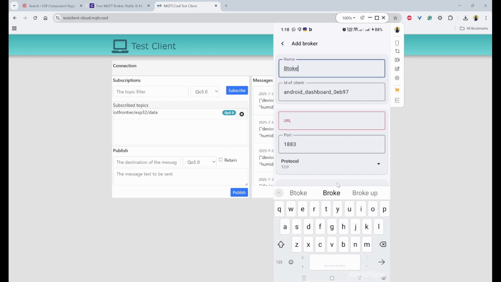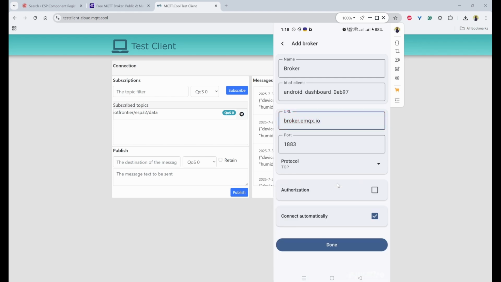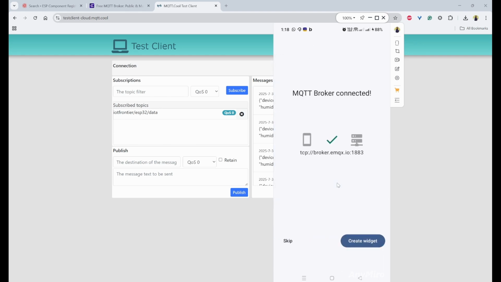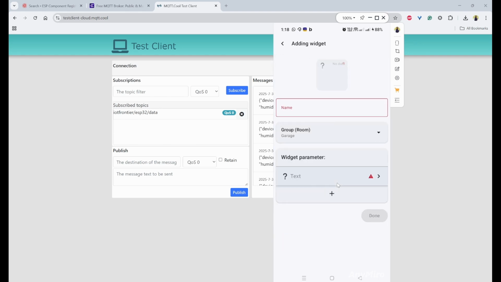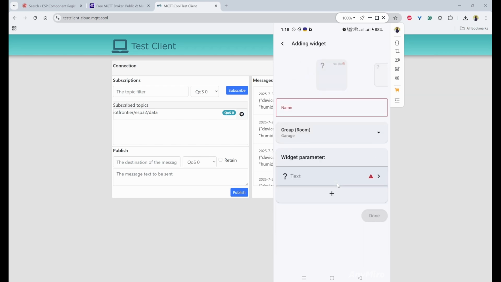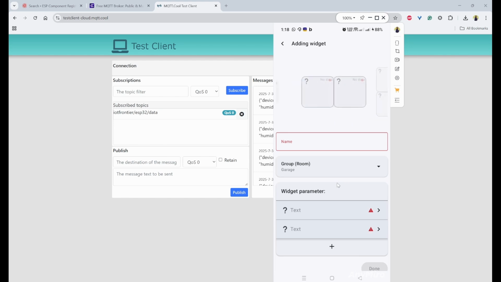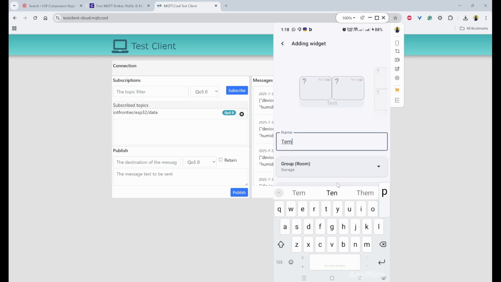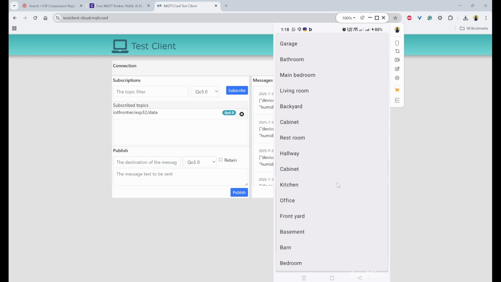You can mention the name of the broker. The URL would be in small case, that is broker.emqx.io, and click on done. Now it has connected. So we need to create a widget. Here we have two options. One option is only one widget, or we can use two widgets or four widgets. So we have temperature and humidity values. I'll create one widget, temperature and humidity, and the group name would be living room,